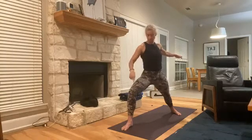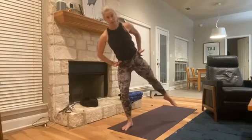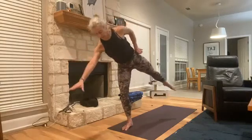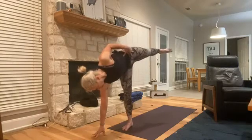Now, moving into that half moon on this side. I'm going to really focus on keeping my balance over my front foot, bring my back leg in. Now I'm going to cartwheel kind of from my hips. Cartwheeling forward, reaching my left hand down. I'm going to open my body a little bit